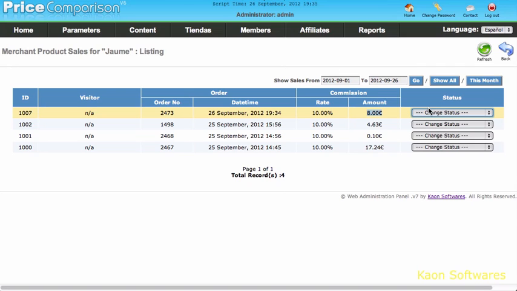Besides this tracking that is supported in the system, there are third-party trackings also done by TradeDoubler, CJ (Commission Junction), Linkshare, ShareASale, and many other programs that are also supported in the system. So in short, I'll repeat again, either you can use the sale tracking that is supported within the script, or if you are using any third party, that is also perfect for the script, and that will work fine.